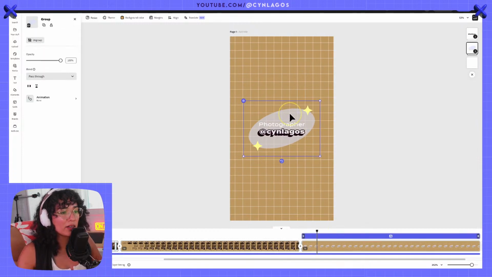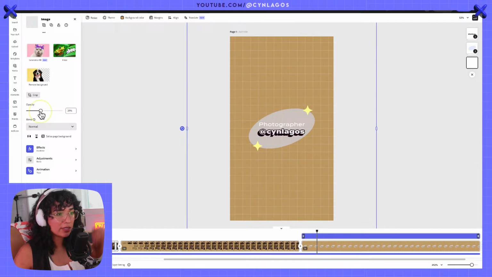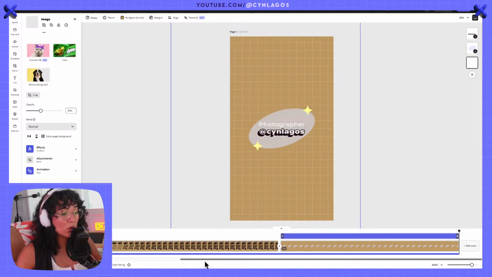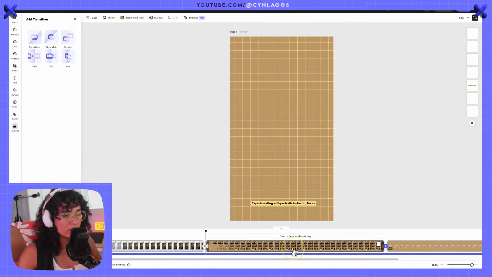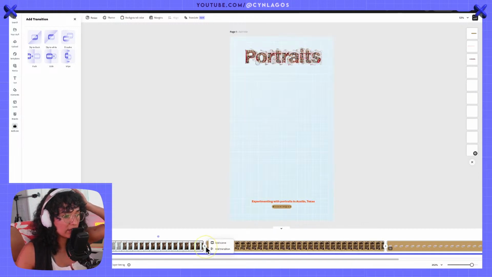Okay, so we've got our animation, we've got our outro. I might reduce this a little bit so we have visibility, and we're gonna play the whole thing. Okay, so let's go. Oh, by the way, there are transitions in between, so we can always add a transition that jumps from each scene. So add a transition in here and add a transition in here.